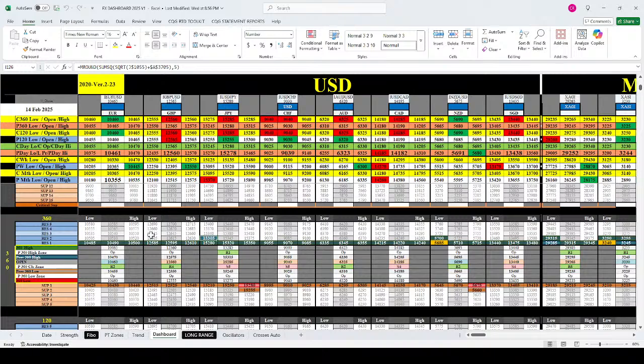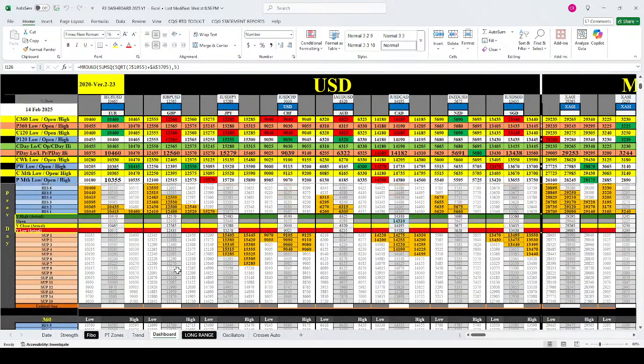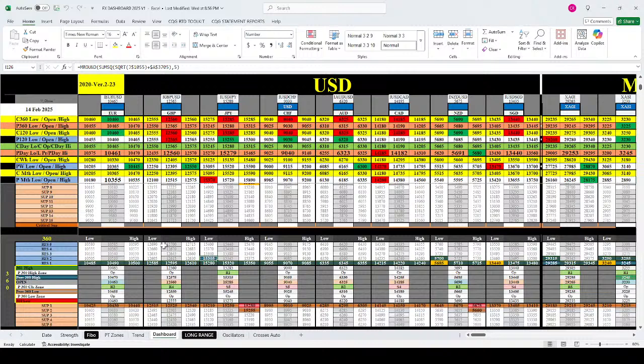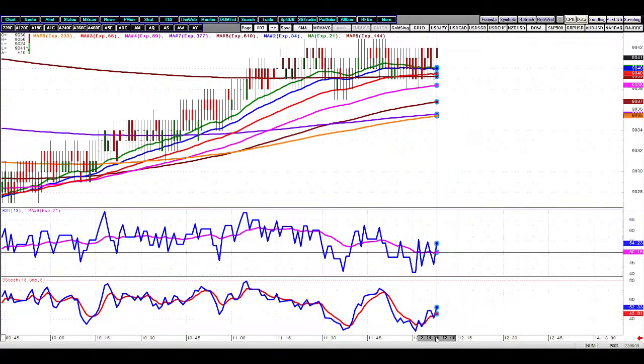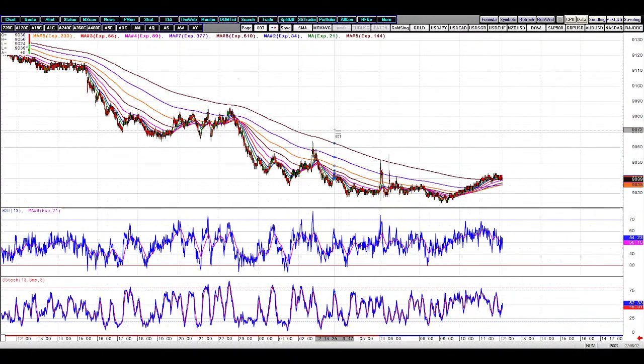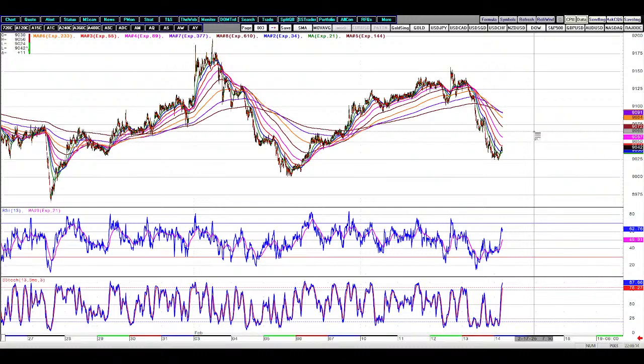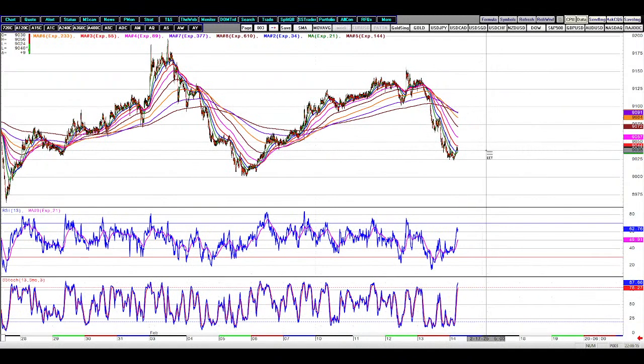But another clue we can get on whether the market has turned is once it breaks 12520. Then we can be pretty sure that the high has already been seen and we can expect this price to move lower. So here again, when we look into the chart,